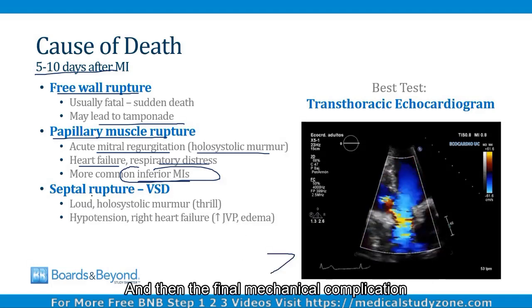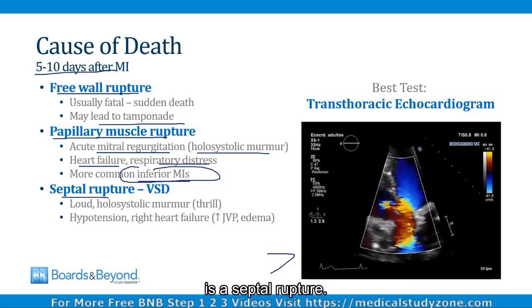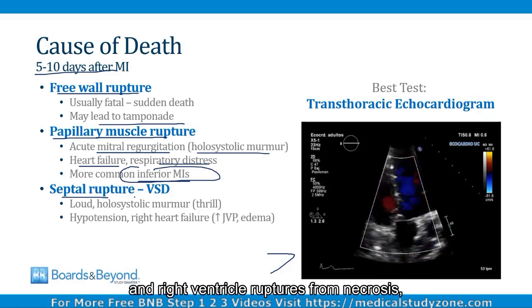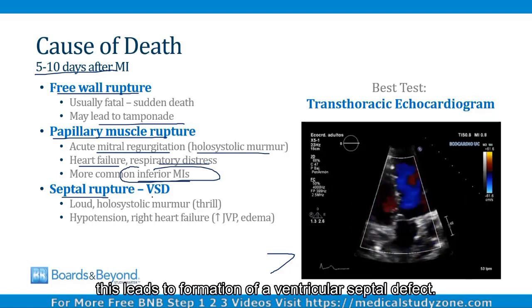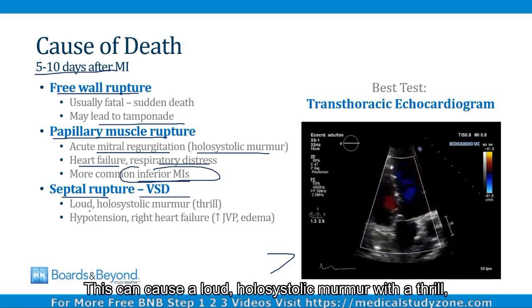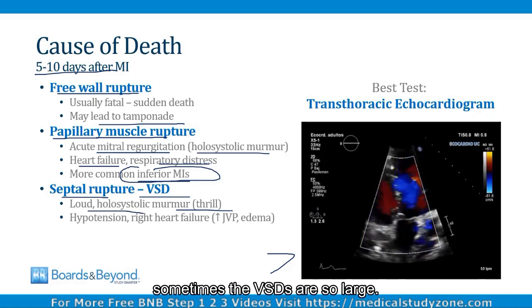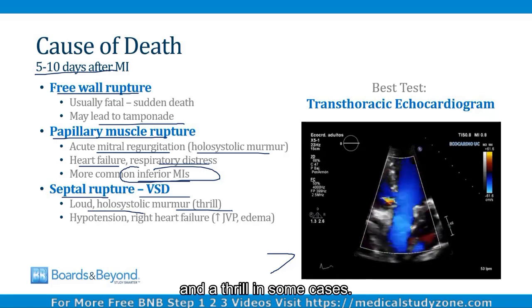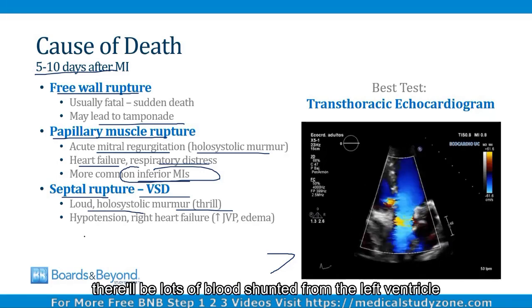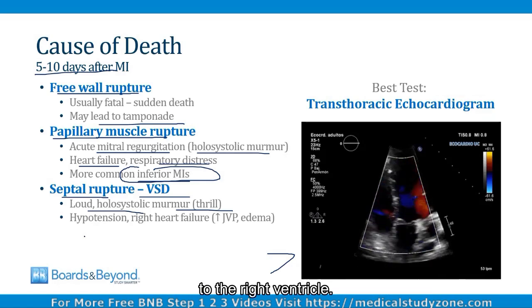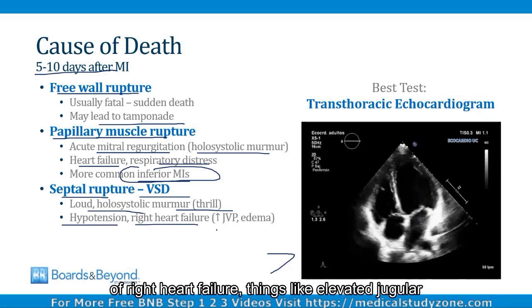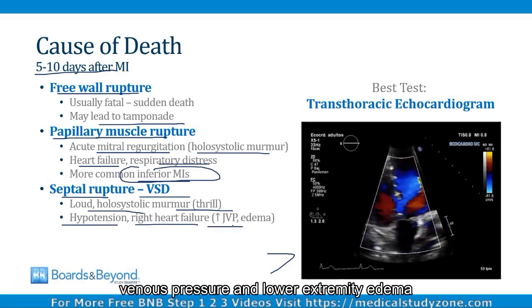And then the final mechanical complication is a septal rupture. If the left ventricular septum between the left and right ventricle ruptures from necrosis, this leads to formation of a ventricular septal defect. This can cause a loud holosystolic murmur with a thrill. Sometimes the VSDs are so large there's no murmur and no thrill, but you can hear a murmur and a thrill in some cases. And if the VSD is large enough, there'll be lots of blood shunted from the left ventricle to the right ventricle. This will lead to hypotension and evidence of right heart failure,